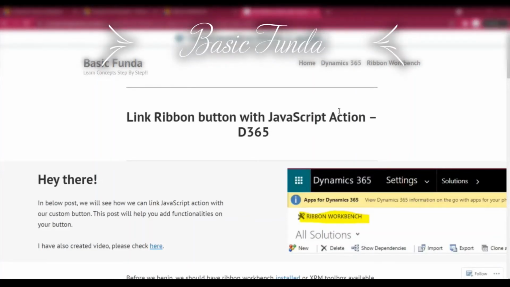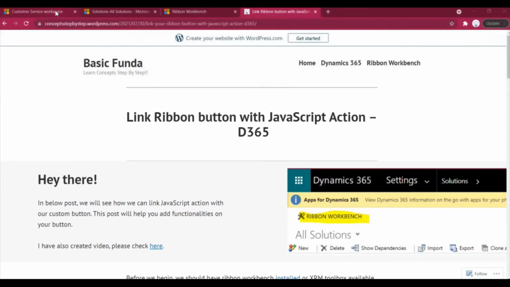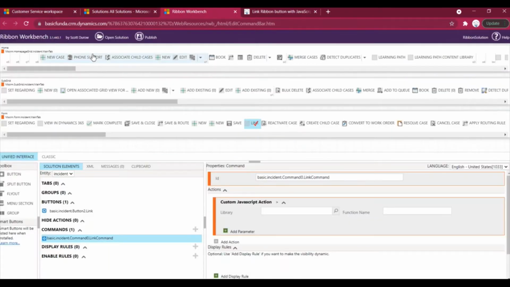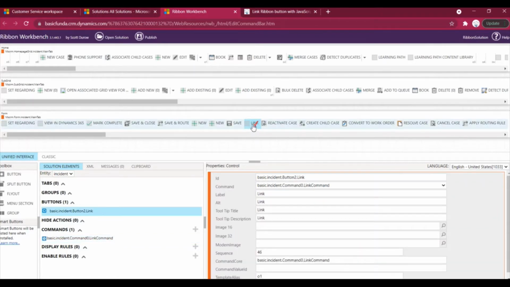In today's video, we will see how we can link a JavaScript action with the ribbon button. So this is in continuation with my last video where we have added this link button onto the case form. So in today's video, we will see how we can associate a JavaScript action or our custom JavaScript functions with this button. So let me go to the ribbon workbench, and this is the button that we have added